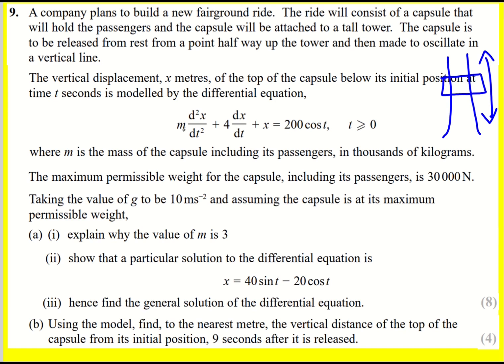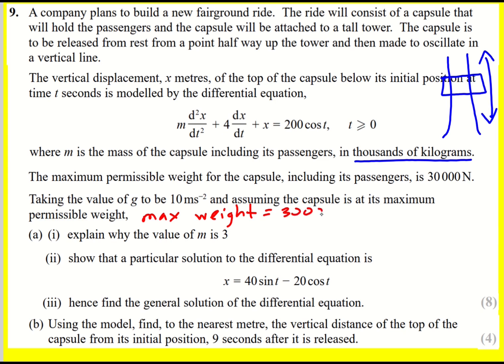The vertical displacement x at the top of the capsule below its initial position at time t seconds is modeled by this second order differential equation, where m is the mass of the capsule, including its passengers, in thousands of kilograms. The maximum permissible weight for the capsule, including the passengers, is 30,000 newtons. Using g equals 10, and assuming the capsule is at its maximum permissible weight, explain why the value of m is 3. So max weight